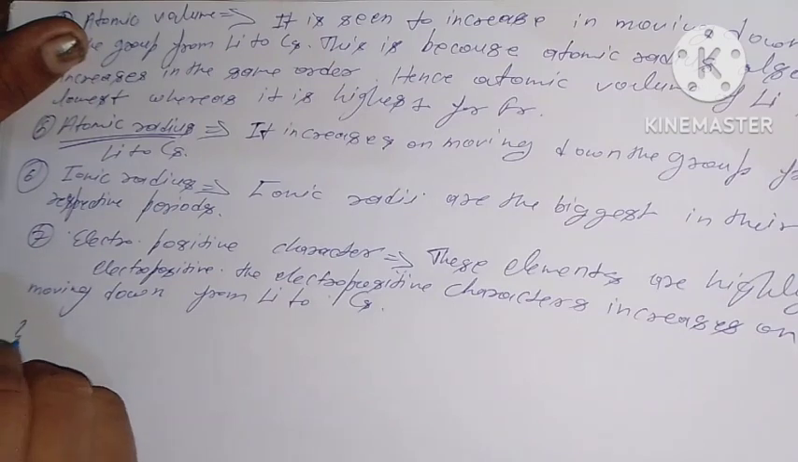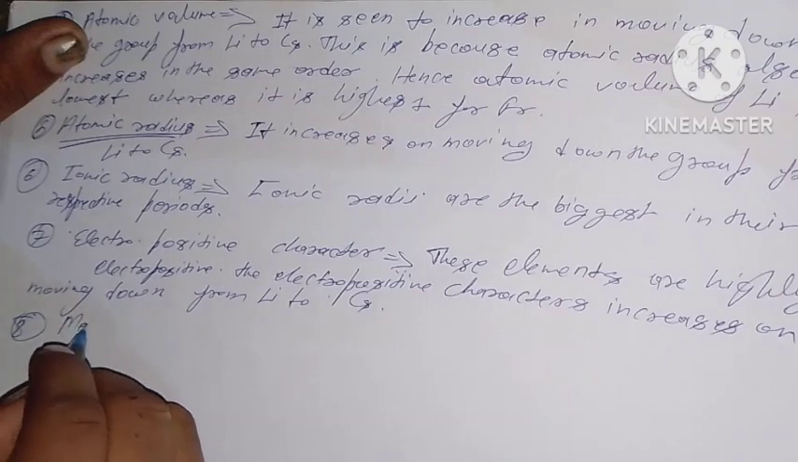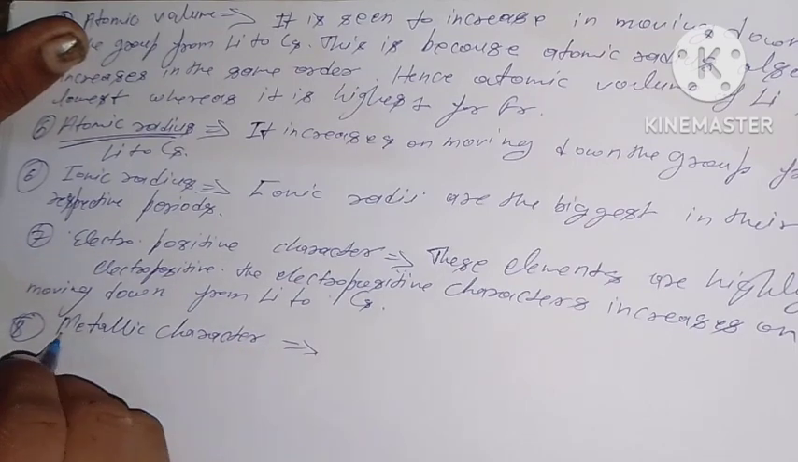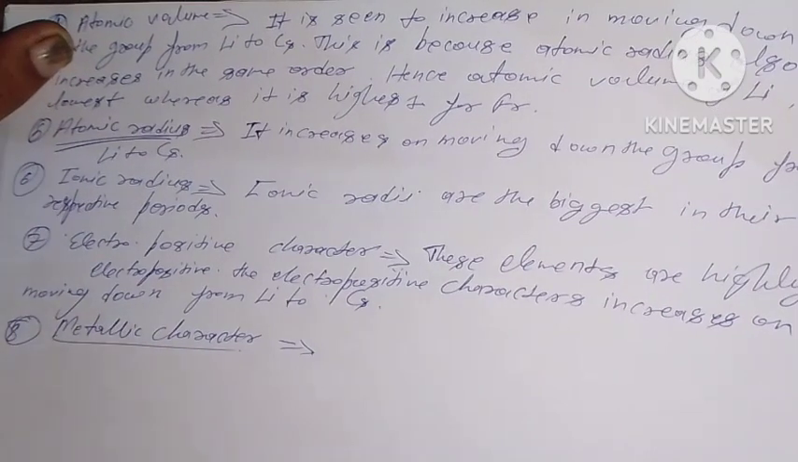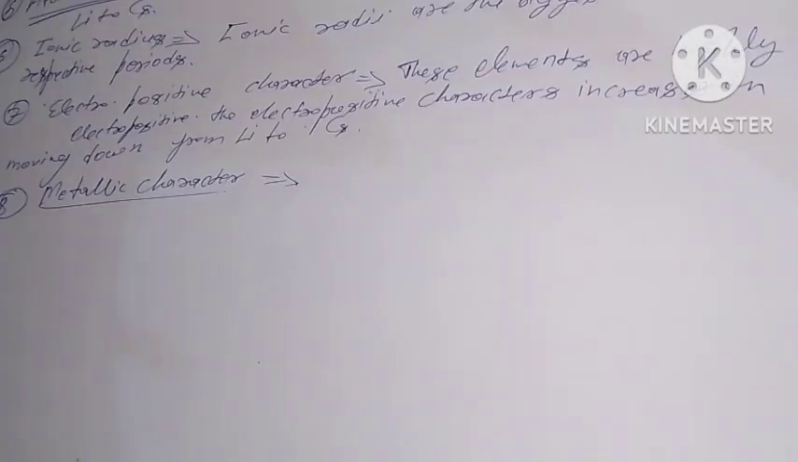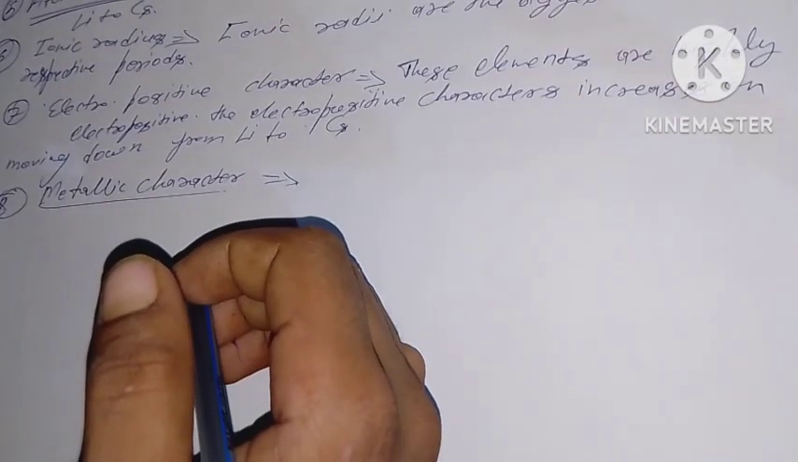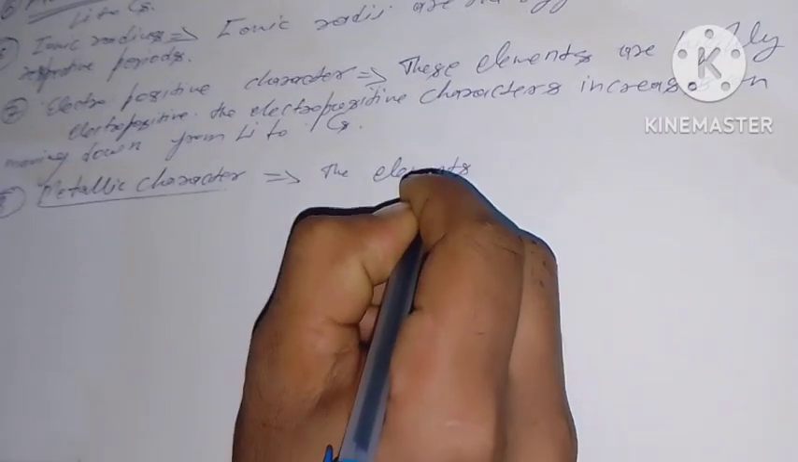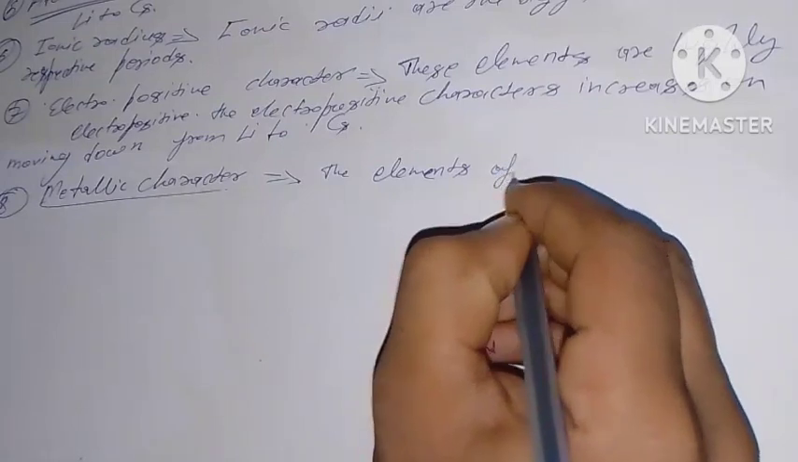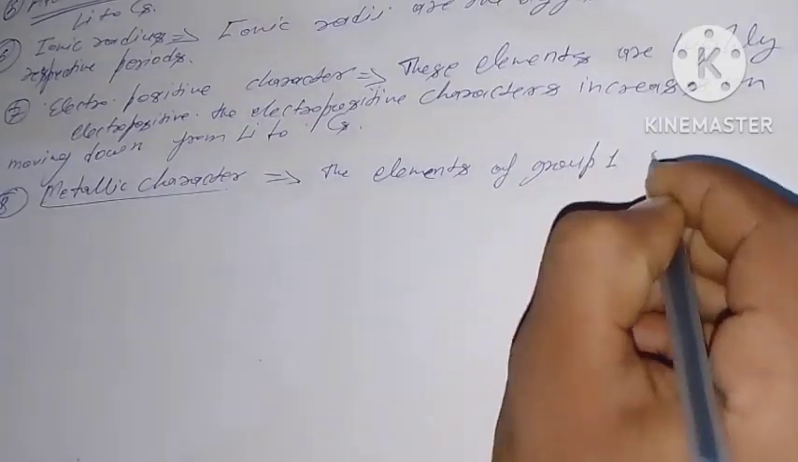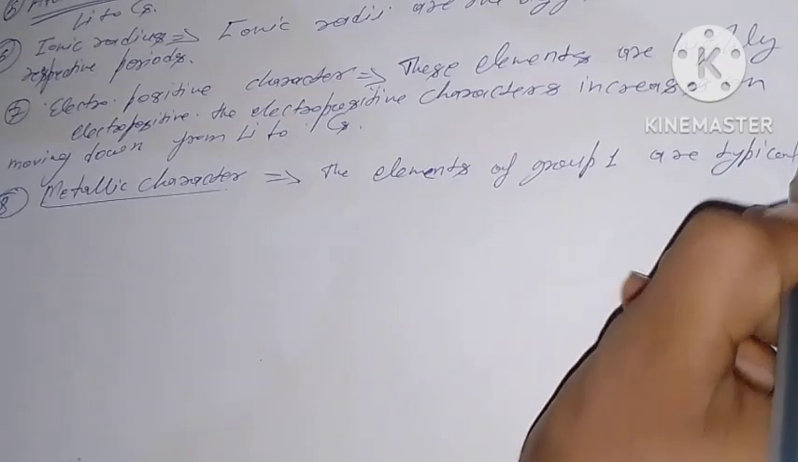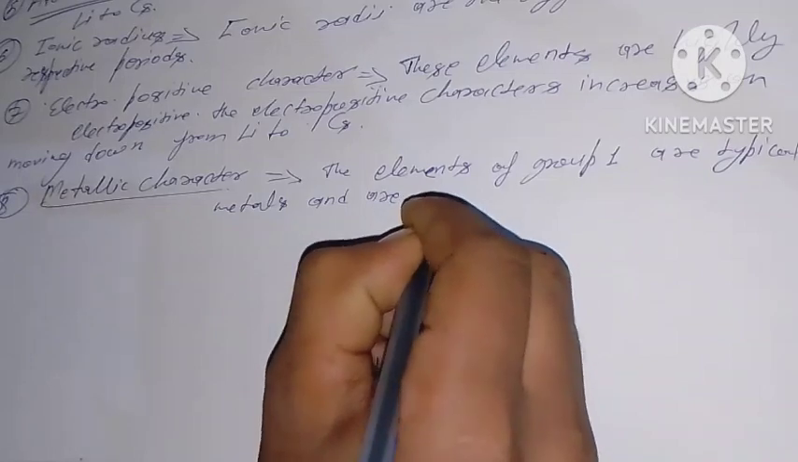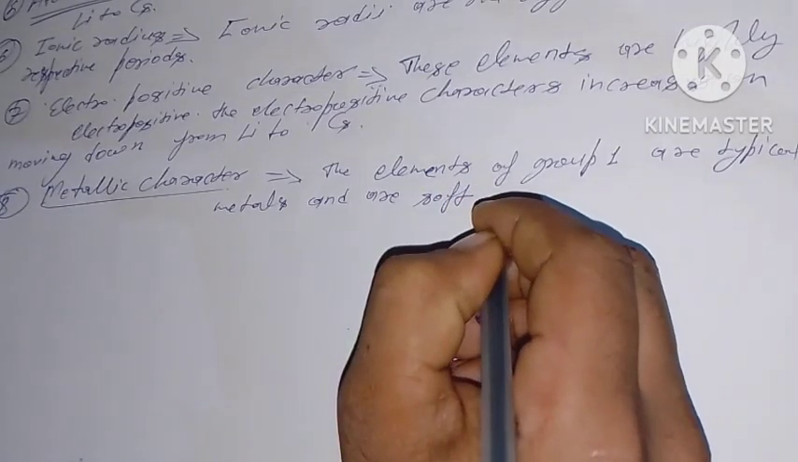Eighth point: metallic characters. The elements of group first are typical metals and are soft. All are metals,